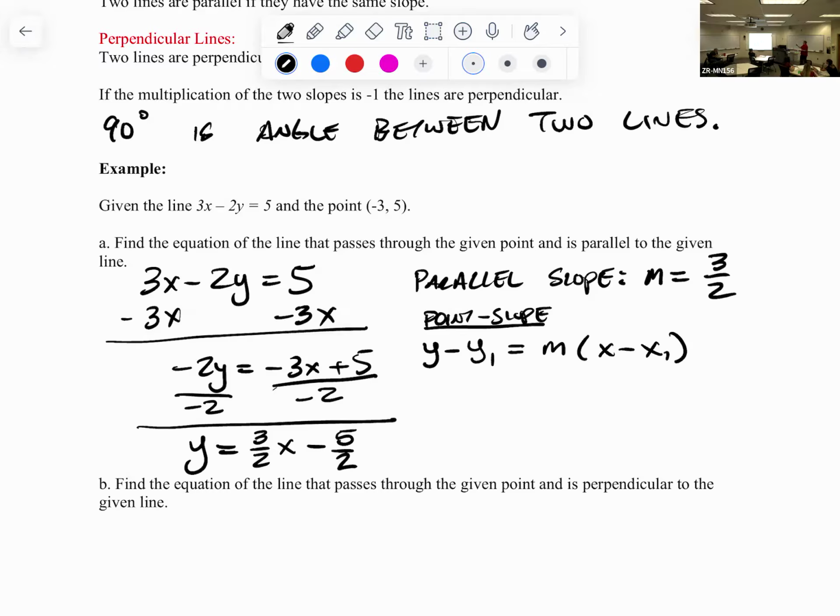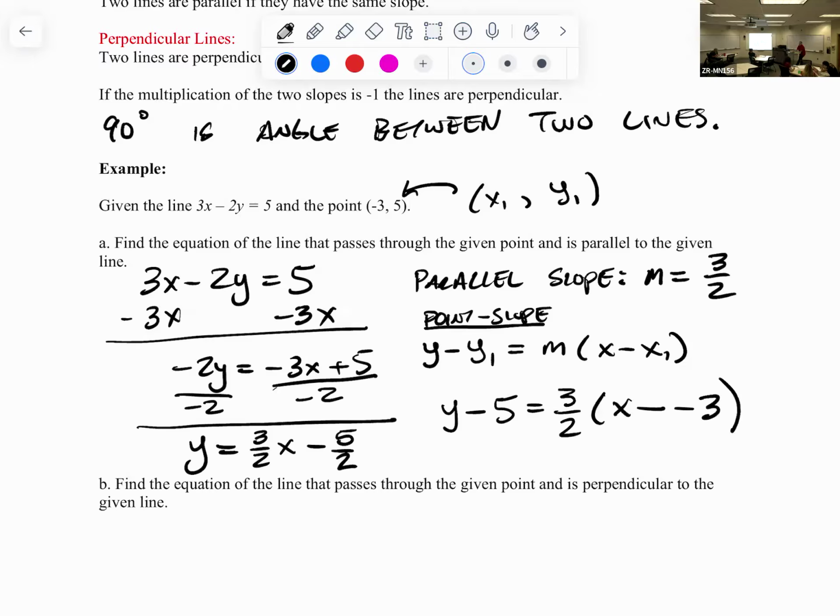So I pick my point, which is this guy, x1 comma y1. So x1 is the -3. y1 is 5. I can plug that in. So this becomes y minus 5 equals 3/2 x minus